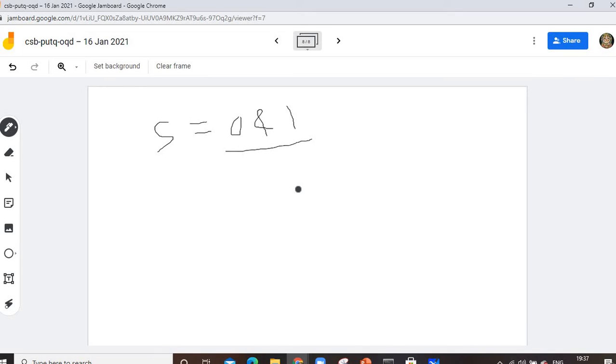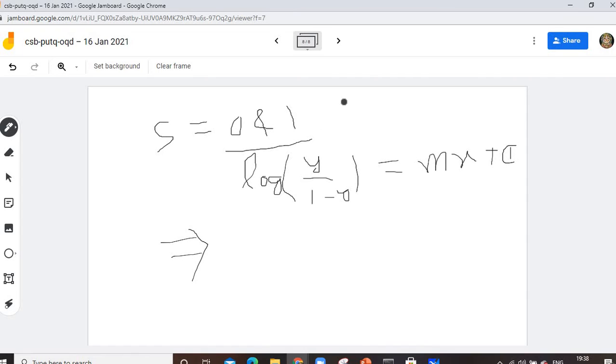Okay, right? Another thing, this function, y is equal to 1 divided by 1 plus e to the power minus (mx plus c), people also write it this way. If you search in Google, some people write it this way: log of y divided by 1 minus y is equal to mx plus c. If you solve this equation, it will go to that equation. They're the same, both the things are the same. This will be 1 divided by 1 plus e to the power minus (mx plus c).